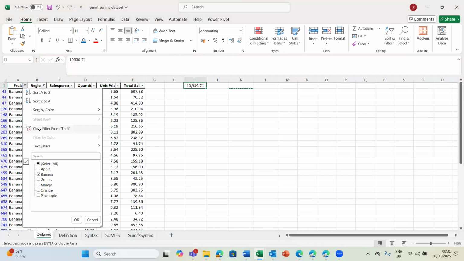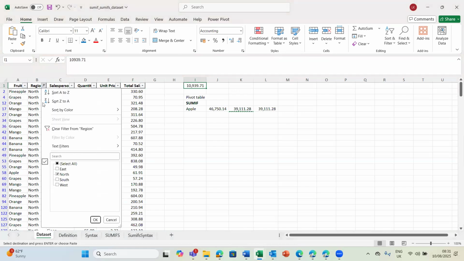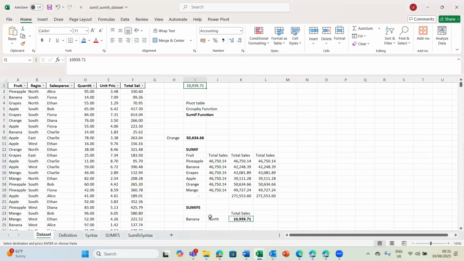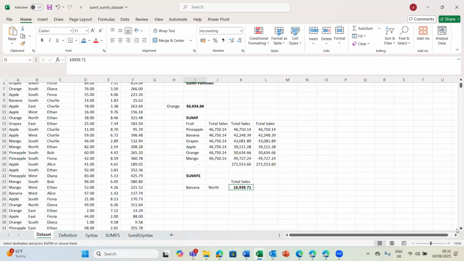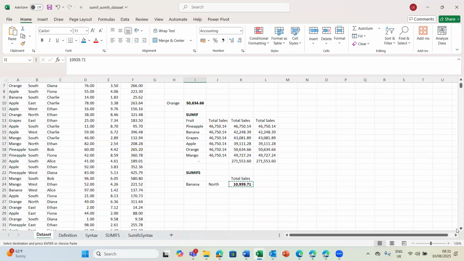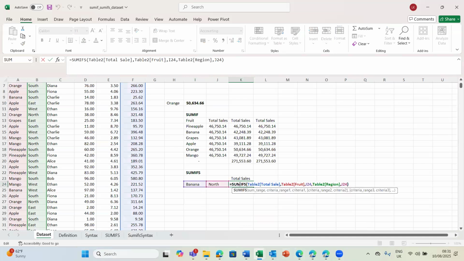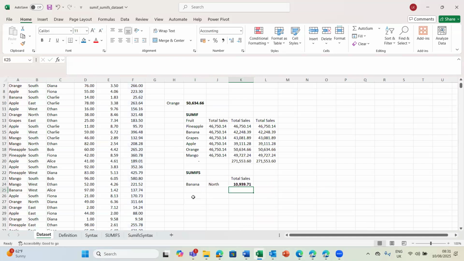So let me clear the filter. See, that's the beauty about the SUMIFS function, right? Here we had two conditions. Suppose we have three conditions. Suppose we want to find total sales